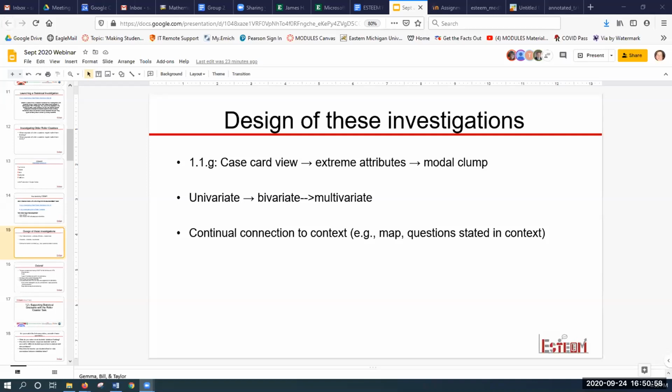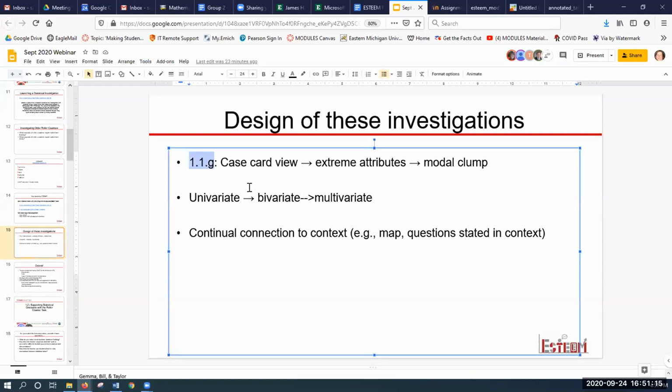I do have a few other things to share about this activity and how we designed our investigation, so I'm going to do that to wrap things up. As mathematics teacher educators, I thought it's helpful for you to know how we design these investigations and some things you can bring out in your work with them. So one is that if you did the first one, 1.1G, you might have noticed